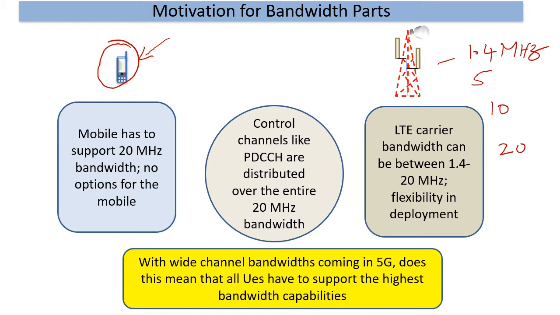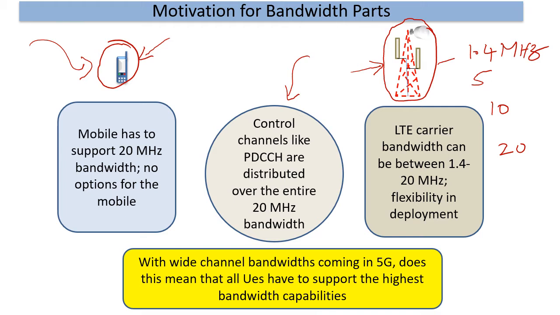Now, this is counter to the usual thought process that you want to make the complexity or the flexibility with respect to handling things much easier at the mobile side than at the base station side. And one of the reasons why it had to support up to 20 megahertz bandwidth is the sheer fact that if, let's say, a base station was deployed in 20 megahertz, certain very important pieces of information like the control channels and the associated signals or channels to be read will be spread out over the entire bandwidth.